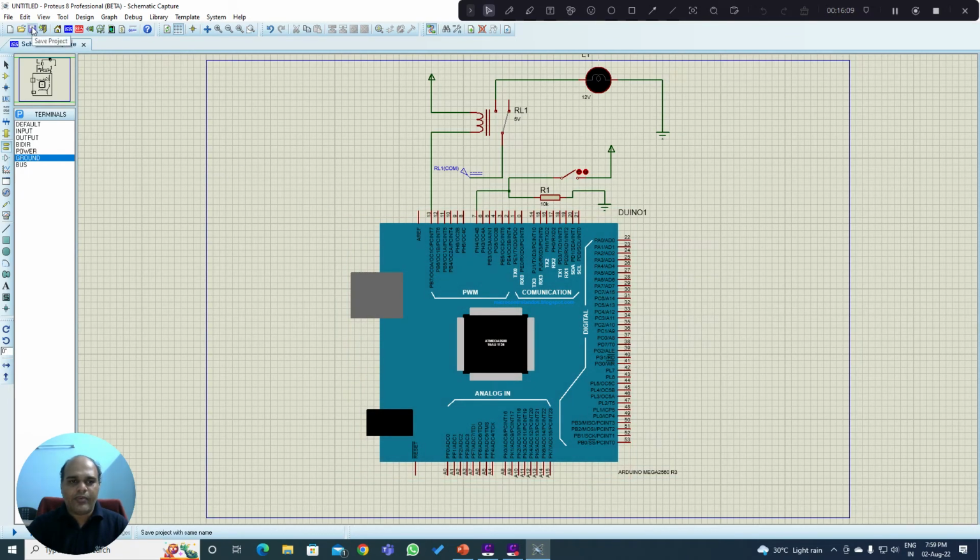So let us save this project and then we will move on to the programming part. Two things you have to remember. We are going to connect the relay onto pin number 13, and the relay will get activated if I give a logic 0 to pin number 13. And the second thing is we are going to connect a switch to pin number 7. So whenever I press the switch, on pin 7 we get a logic high. Now we will move on to Arduino